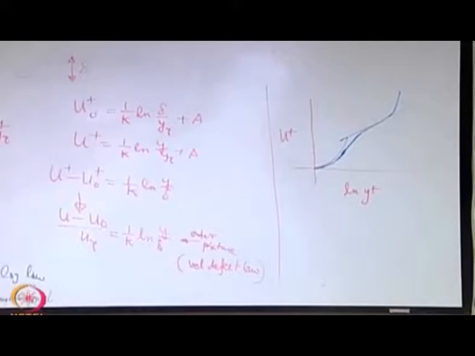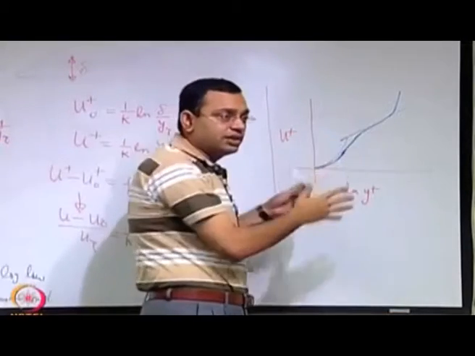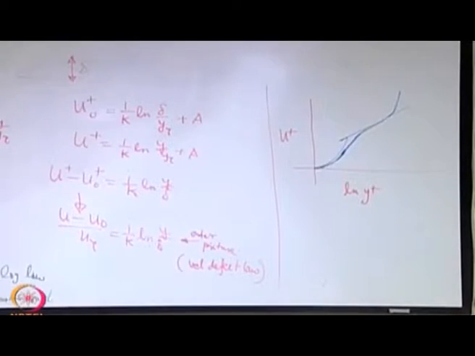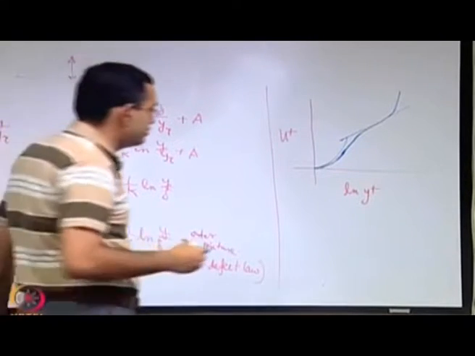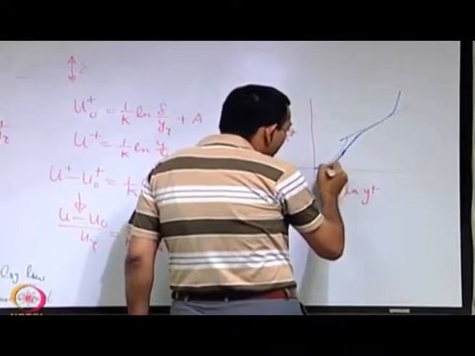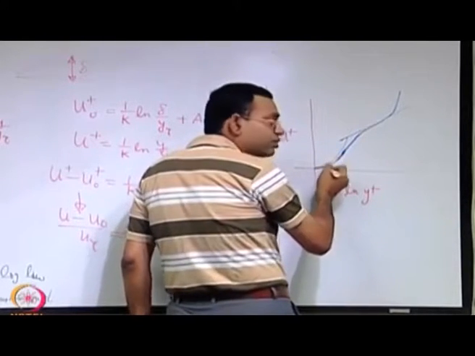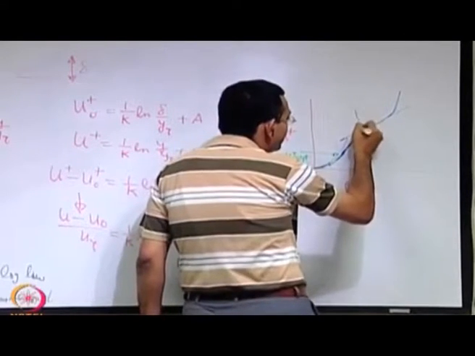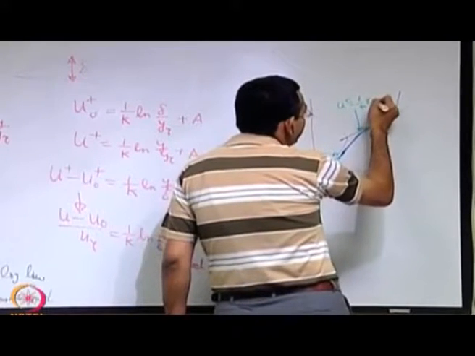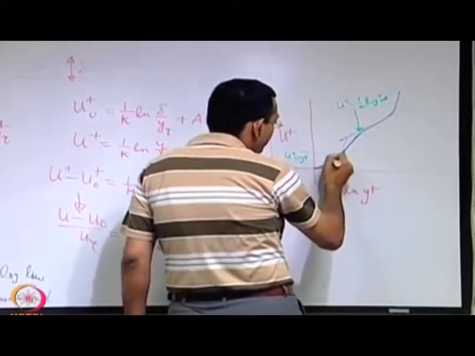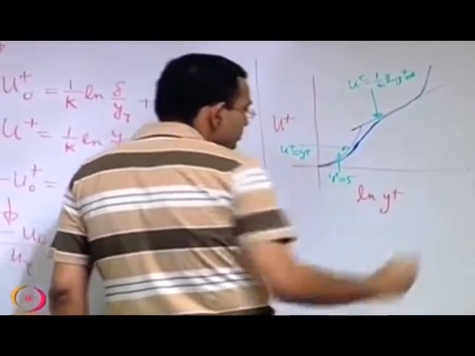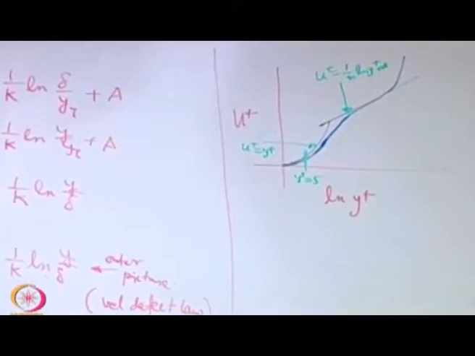The blue line is the experimental picture, and you see that qualitatively, of course quantitatively there will be deviations, but qualitatively it is not so much deviating from what has been derived from a very simplistic theoretical conjecture. So, there is a limit over which the experimental and theoretical curves very close to the wall exactly match, that is this line u plus equal to y plus, and this line u plus equal to 1 by k ln y plus plus a. So, this limit is roughly y plus equal to 5, roughly up to y plus equal to 5.